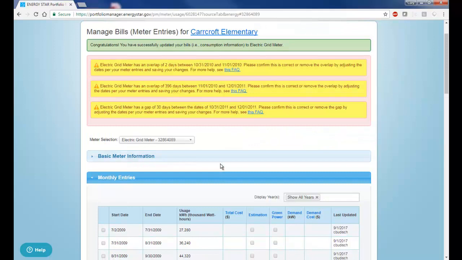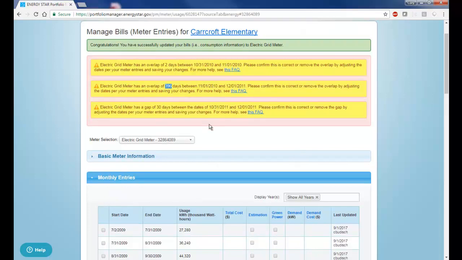Okay, so I actually did this on purpose because I wanted you to see sometimes when there's weird stuff going on. So there's an overlap and there's all sorts of problems here because the start date and end date basically don't line up. But here's the big problem, the 396 days. And this turns out, because I saw this from a particular student happen before, it's sort of tricky to figure out. So let's find the